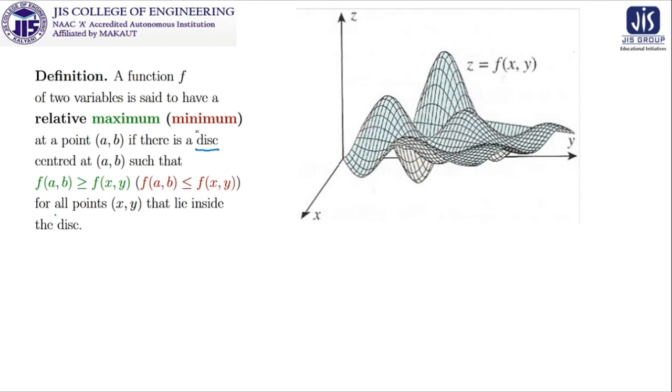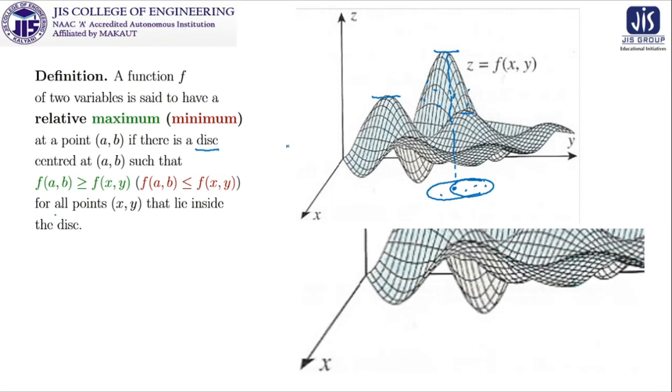So what we see, if we consider this particular structure and draw a disk in this xy plane, suppose you have considered a disk over here. Now at this point, if you plot, you will get this point, and at all these points the functional values are here, here, here and so on, but the functional value at f(a, b) for this one is greater than or equal to the others. Similarly for this one, similarly for this one. So all these are nothing but examples of relative maxima.